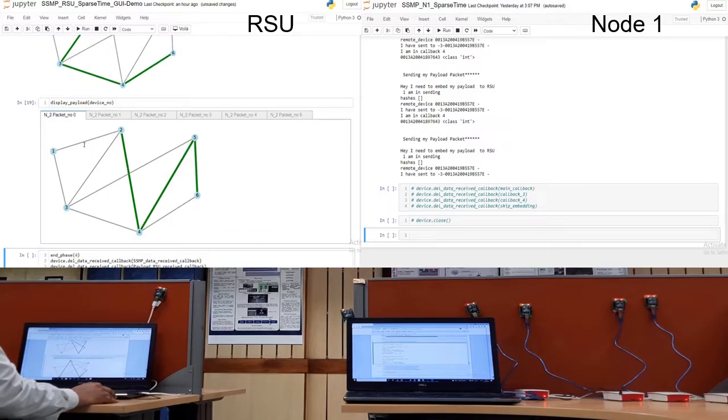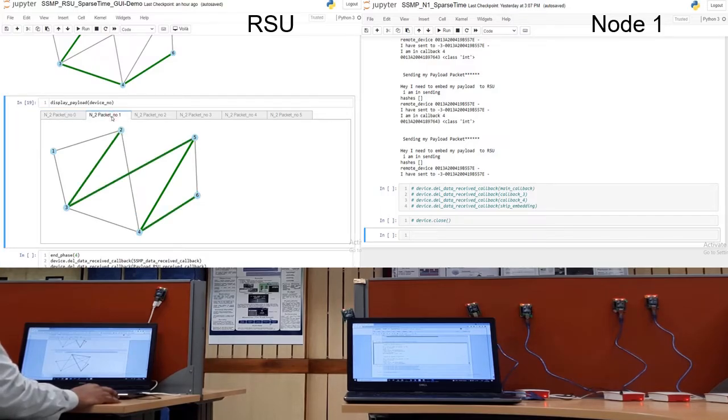So the packet number 0 has taken the path 2, 4, 5, 6, where node 2 is the source node which has embedded its payload, increased the hop counter and forwarded the packet to its neighbor which is node 4. Now node 4 has done the double edge embedding of 2, 4 and 4, 5, increased the hop counter in the packet and forwarded the packet to node 5. Node 5 will only increase the hop counter and send to node 6.